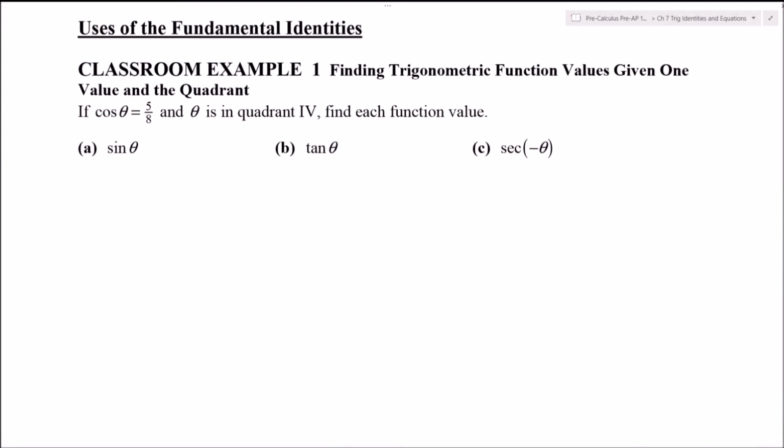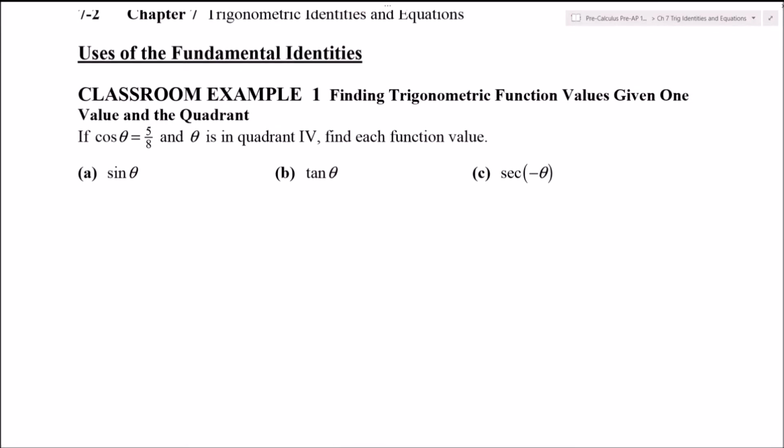Example 1. So here's an example of how to use these identities if we're given some information about theta, and they want all the rest of the information for theta. So in this case, what they're giving us is cosine theta is equal to 5/8. Theta is in quadrant 4, and they want us to find this information: A, sine theta, B, tangent theta, C,